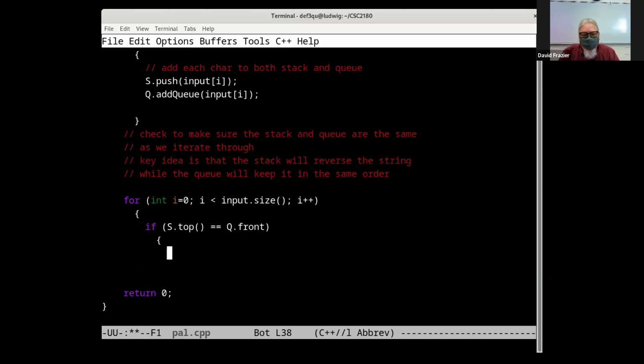Okay, so I'm going to go through. If they're the same, life's good. We don't have to do anything except do an S dot pop and a Q dot delete Q. Okay, that's going to move us through. Else, we're going to do something. We're going to see out